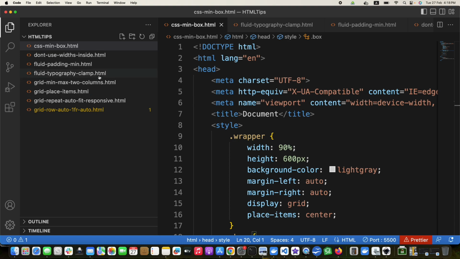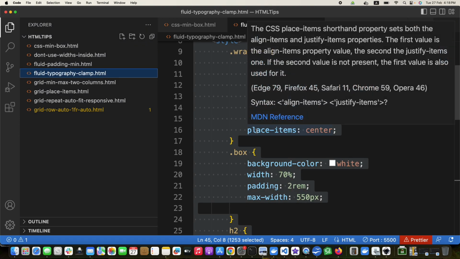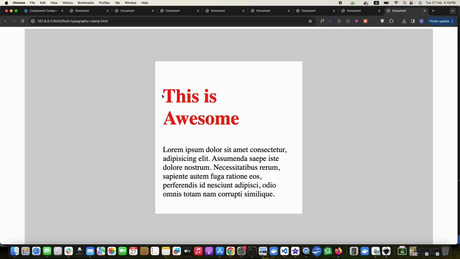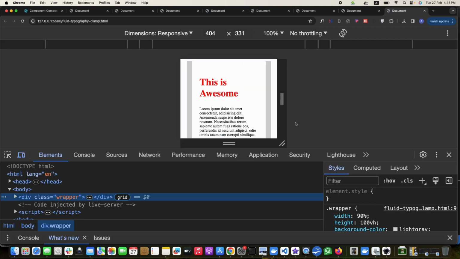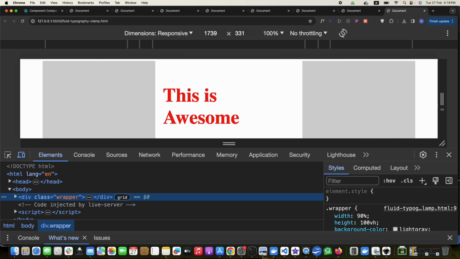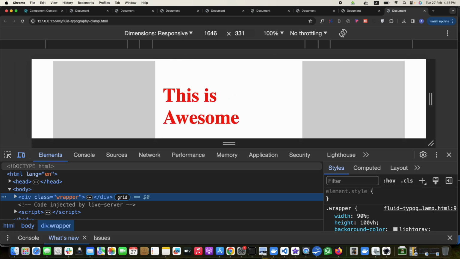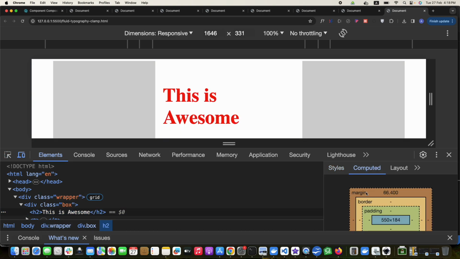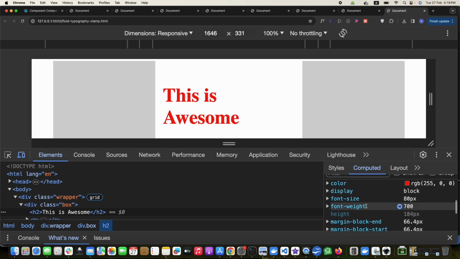Okay, now we are going to have fluid typography. What is fluid typography? Any guesses? This is heading and this is paragraph, right? So if I check it right now, this is the size of it. For example, this is heading, and we will go to computed and check its font size. This is font size 80 pixels. Okay, so if I reduce it,